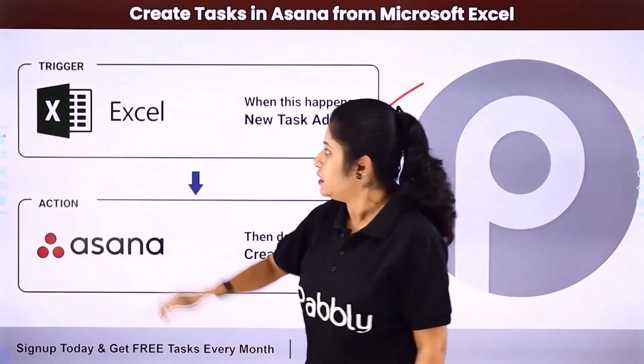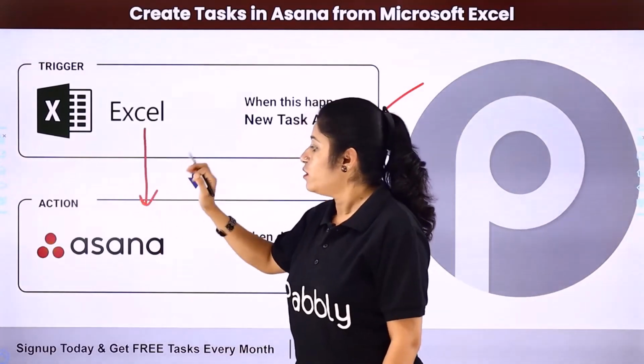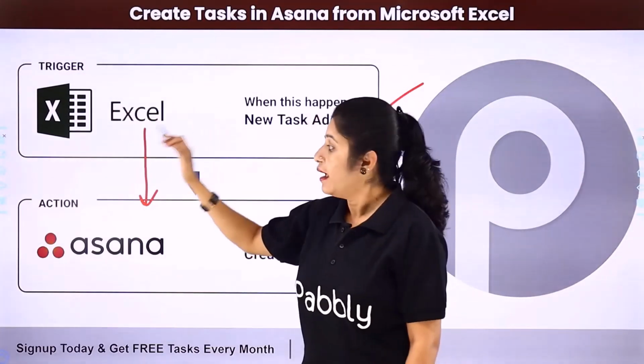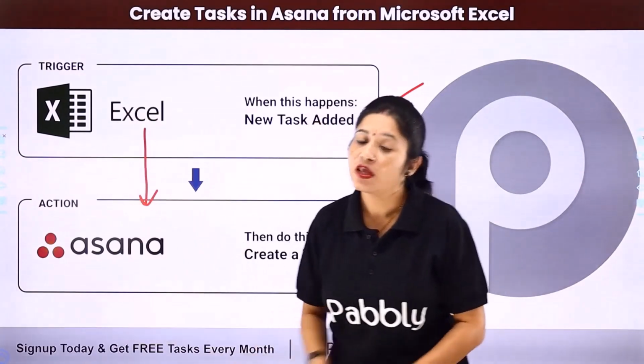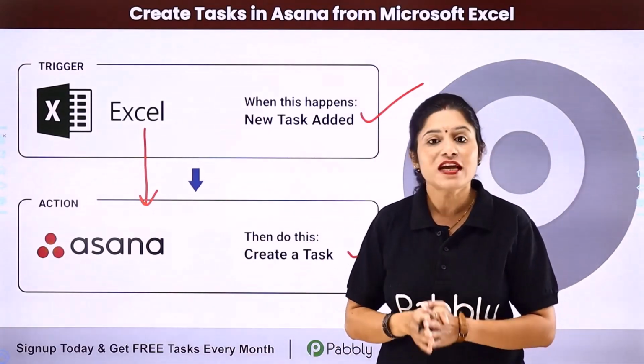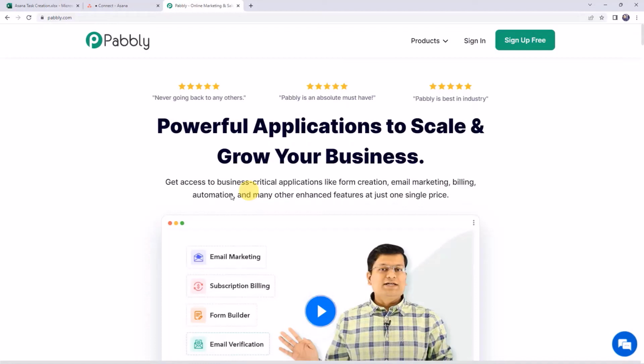For that, you need to integrate your Excel spreadsheet with your Asana account. So here your trigger application would be Microsoft Excel and your action application would be Asana. So how can you integrate both these software applications using Pabbly Connect? For that, you need to come to my screen. To integrate Microsoft Excel with Asana, first we need to log into